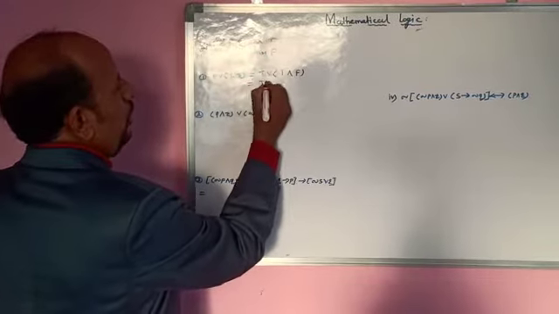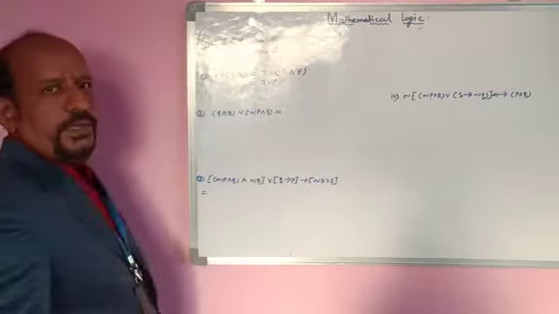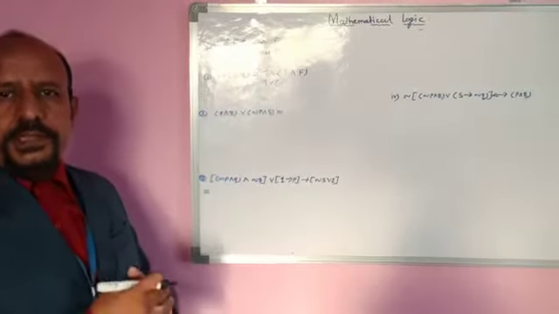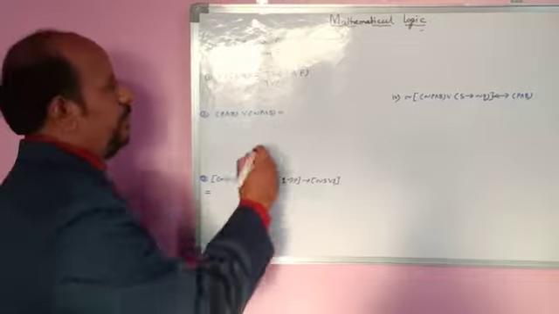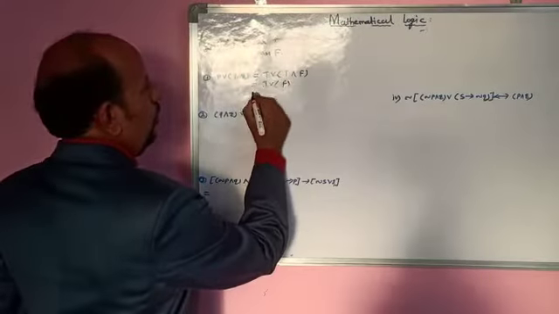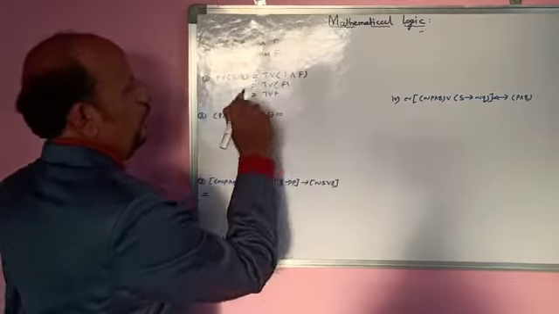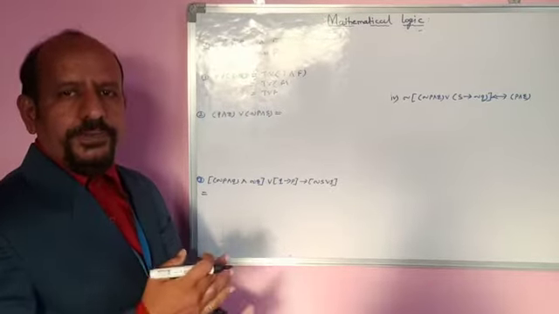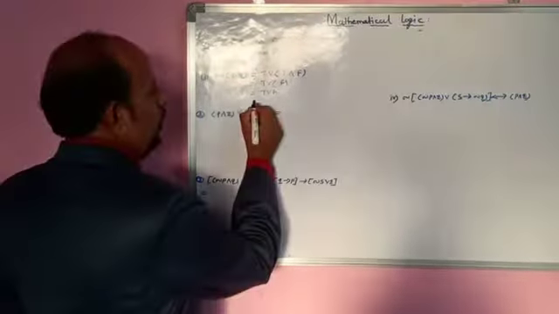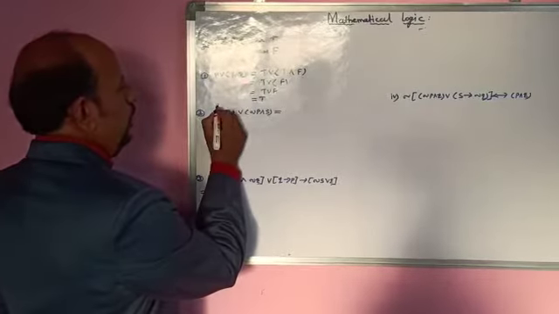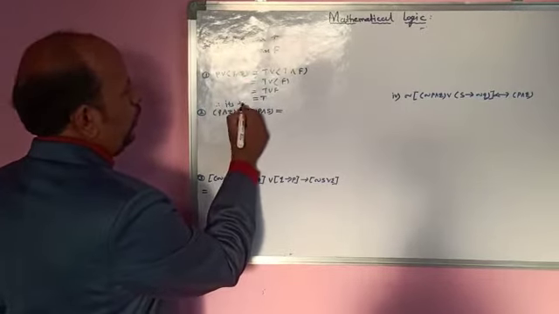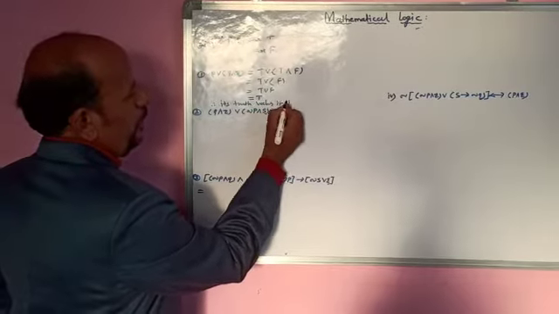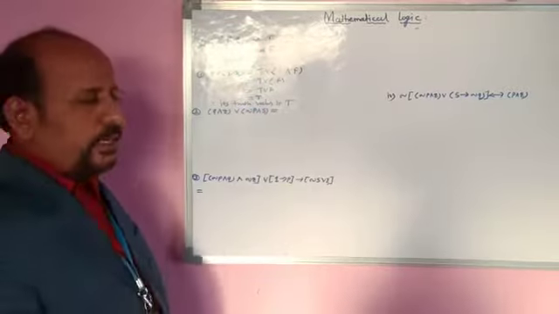Therefore, T or (T and F). We know the table of conjunction is T, T, T. Therefore, T and F is F. Therefore, we get T or F in disjunction. If both the statements are false, then the final statement is false, otherwise true. Therefore, it is T. Therefore, its truth value is capital T.